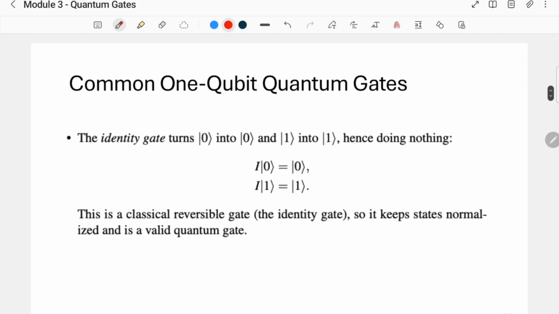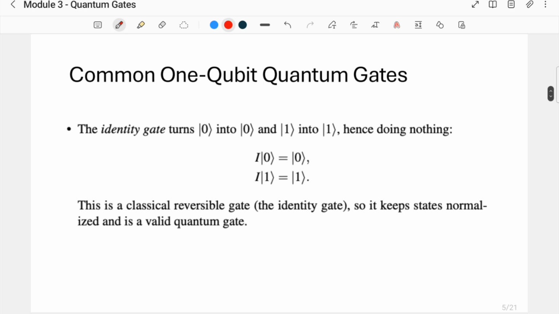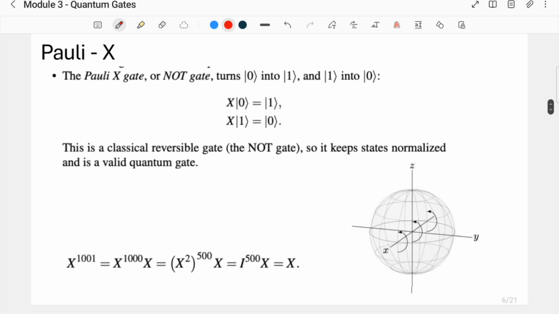Okay, let's go ahead. Now we will see some common 1-qubit quantum gates. The very first one is the identity gate. It conserves 0 as 0 and 1 as 1. It is a classical reversible gate, so it keeps the states normalized and is a valid quantum gate, so it does nothing. The Pauli X gate is basically the NOT gate, if you remember from classical information,